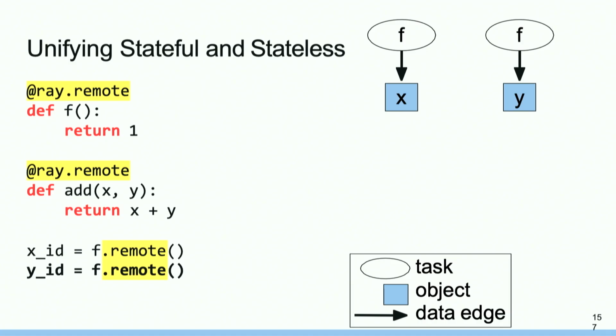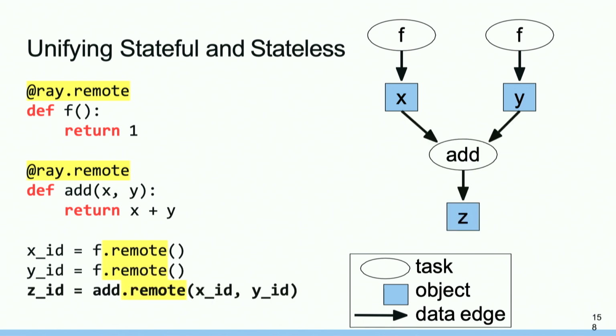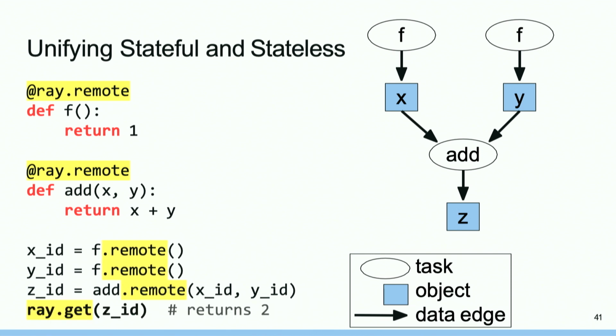And these functions can actually now run in parallel in the background. And then we can put the results into the add function, which is just going to add them up and return a new output. And this, again, is an object ID. Then we can call ray.get on it, which will materialize it on the current Python process. That might involve shipping it from a different machine, and then it will return the result. Of course, here I wrote down some very simple functions, which you probably wouldn't parallelize. But this can be used very easily to parallelize complex functions that take a long time to run. So that's the stateless part of the API.